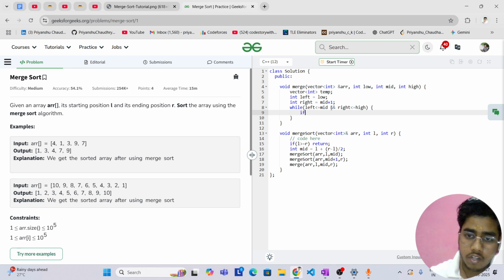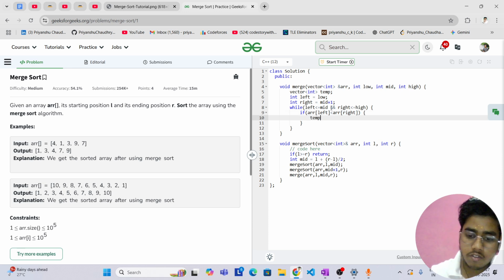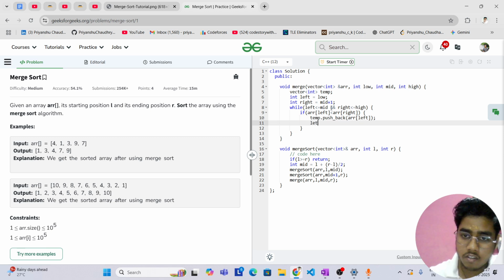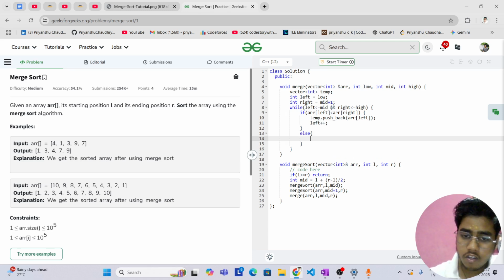So what we have to do, we have to just check which element is smaller. If array of left element is smaller than the array of right element, then we will just push back array of left. Okay, and we will increment the left pointer. Else if the right element is smaller, then we have to push back array of right.